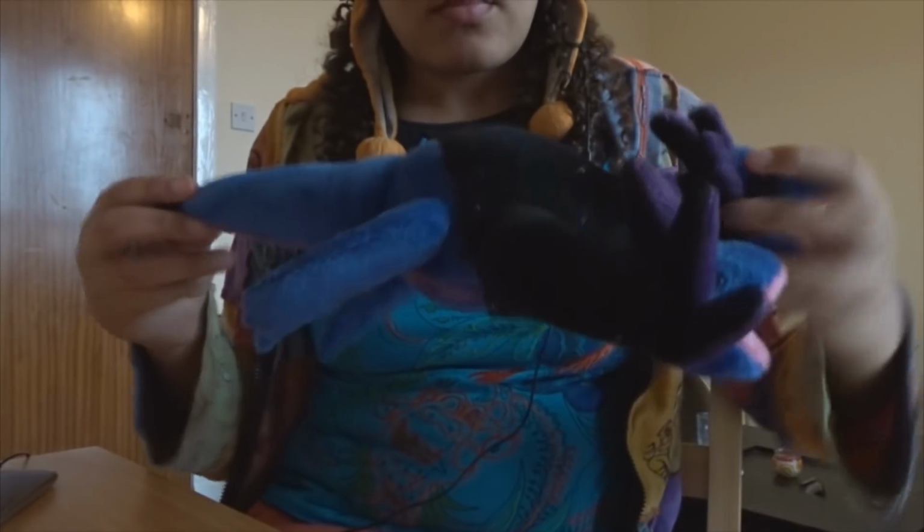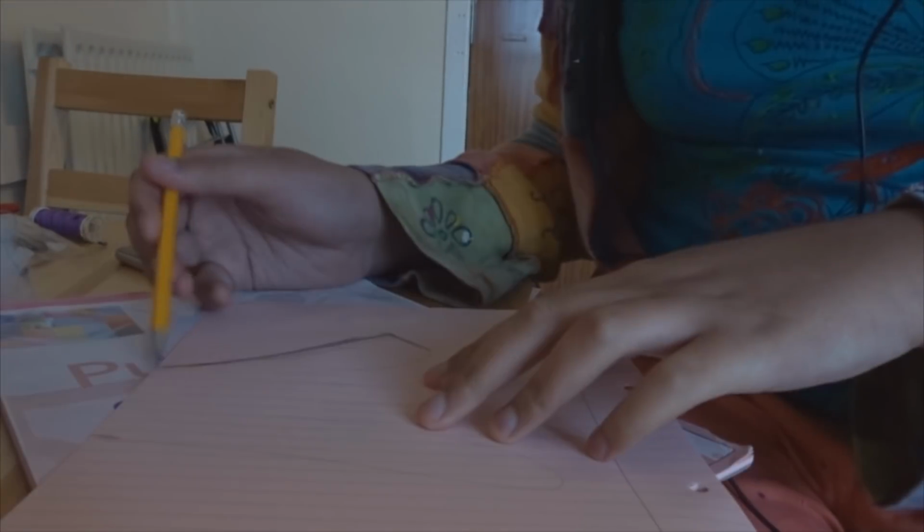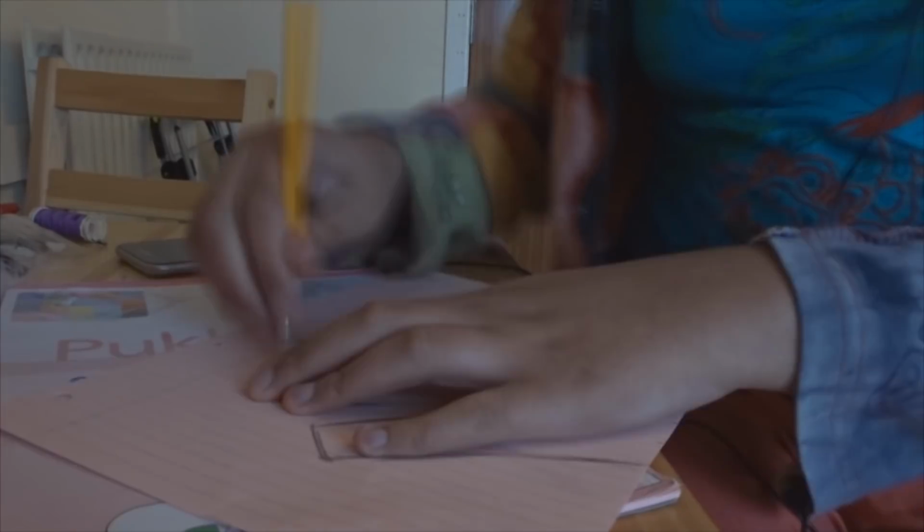Okay, the feet are done, and now it's home stretch. The last thing we need is the wings. And the wings are very similar to the feet in the fact that they're pretty much just two of the same shape, just stuck together, but it's a little bit harder just because of the shape that I have to work with, and also the fact that it's the black fabric, which I haven't really